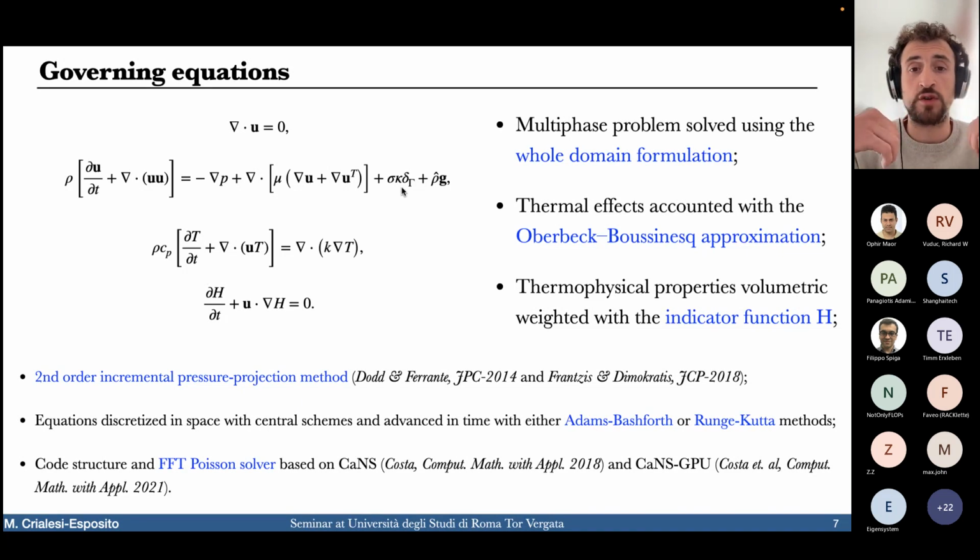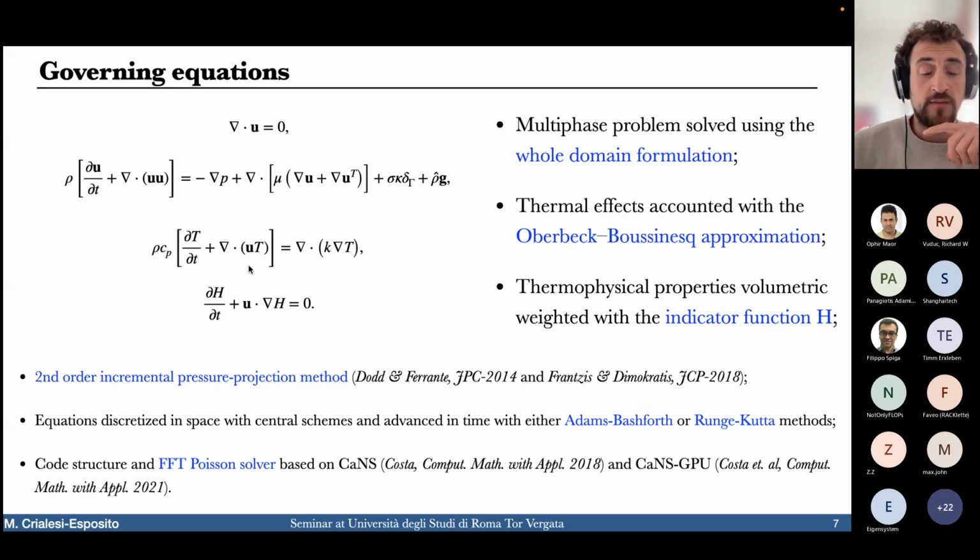This flow interface is actually reconstructed at each time step. We're going to see how in a minute. And then we have the gravitational force when we have the so-called Boussinesq approximation. In order to compute the temperature at each grid point, we also use a heat balance equation, which is the